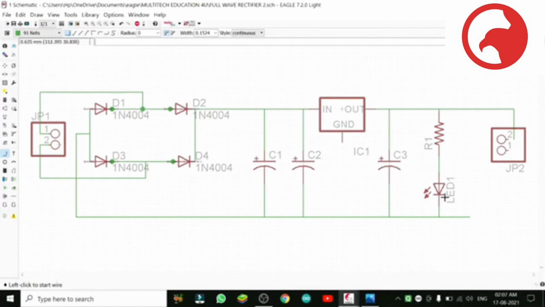Now see, the components are nearly fitted. This one wire is left. So connection should be proper. Click it, move to right side, left side, sorry, connect the terminal. Where you have to take a turn, just click there and take it to the other side.